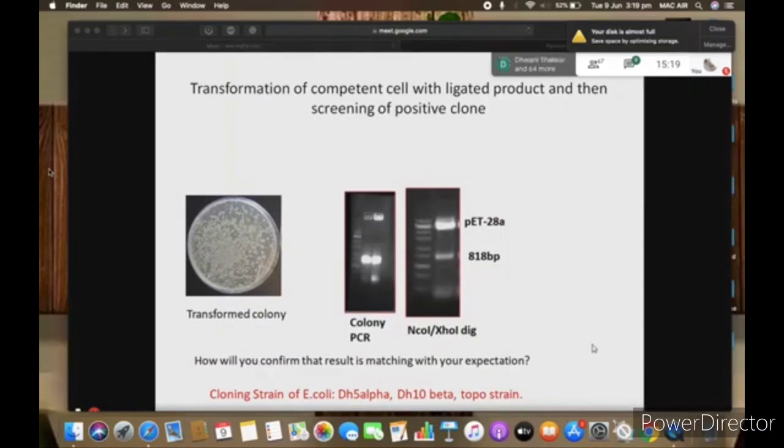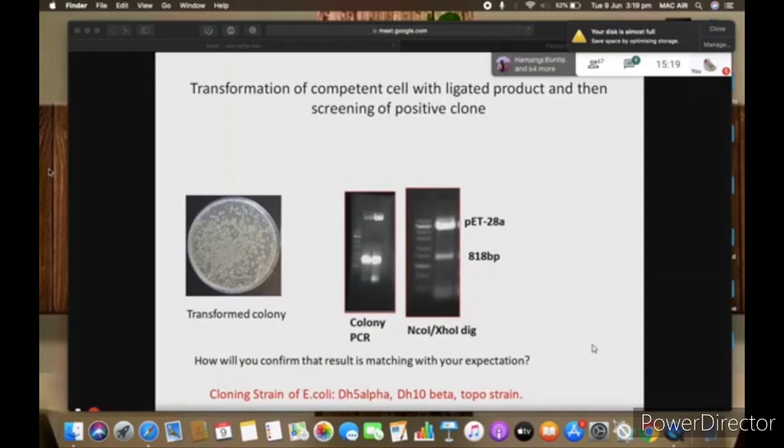In this way, there is a restriction modification system in E. coli. So if you introduce your recombinant DNA into that host, what will it do? It will cleave your DNA. It will chew up your DNA. So you will not get duplication, or the purpose of that cloning.